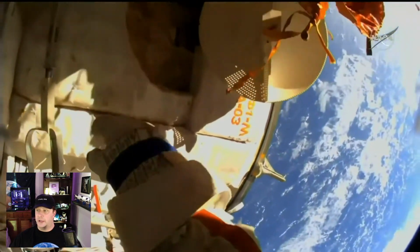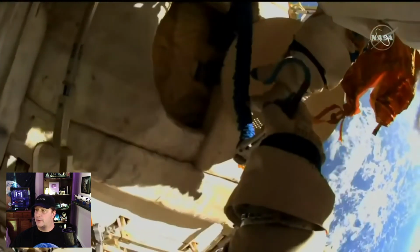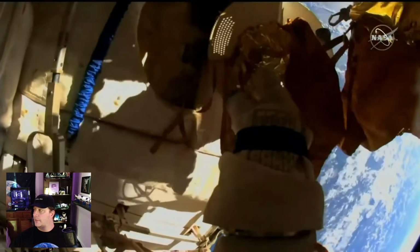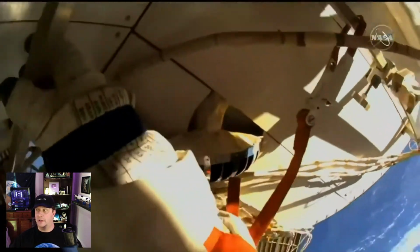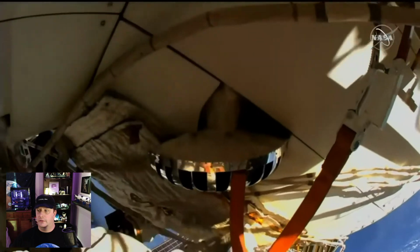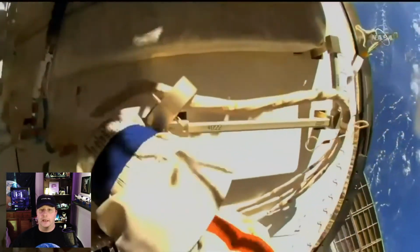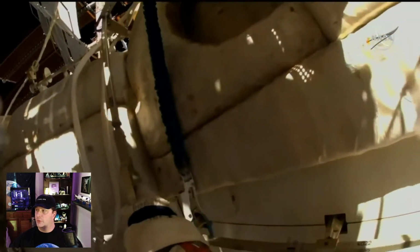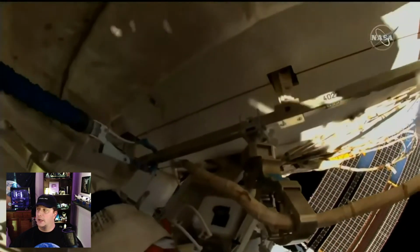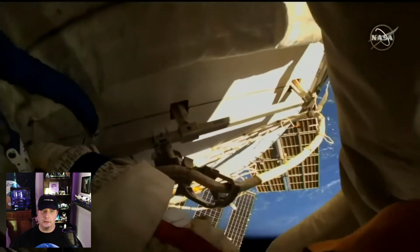The European robotic arm, of course, was delivered to the space station on the new laboratory module, whose name escapes me at the moment, that was delivered after a 14-year delay last fall, I guess it was. And they've been conducting a series of spacewalks to prepare that laboratory module for use. Now this one was, of course, to prepare the site for the attachment of the European robotic arm, which will